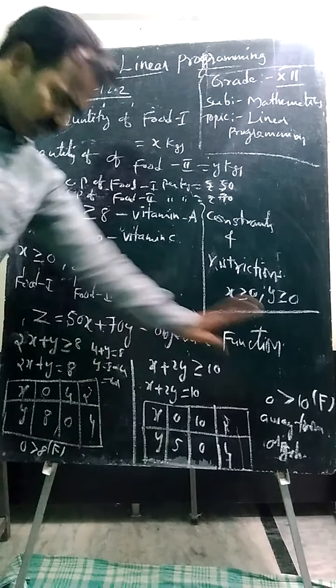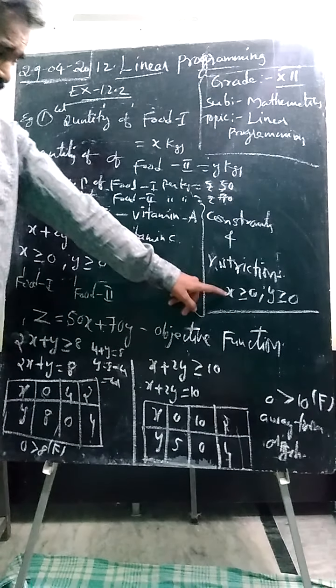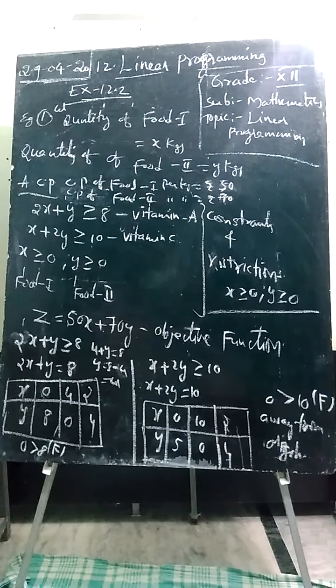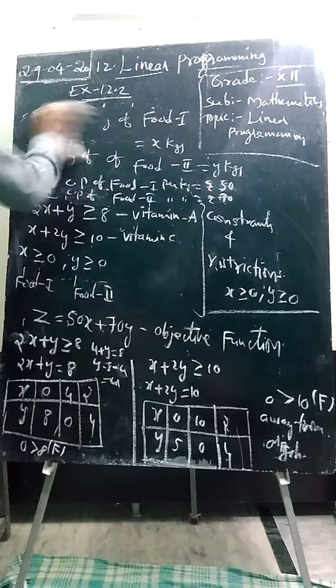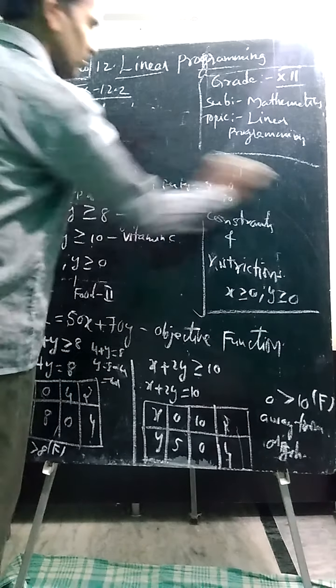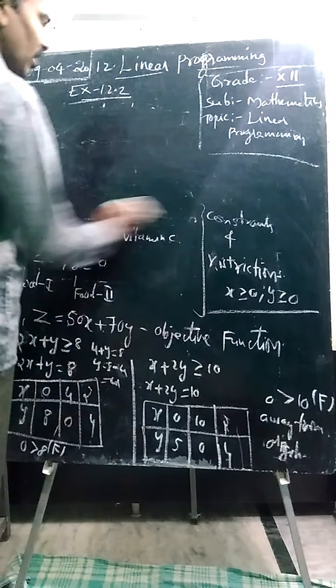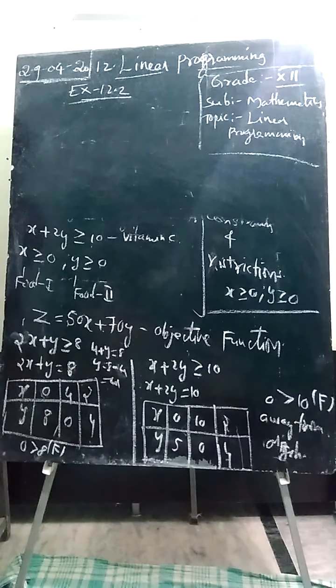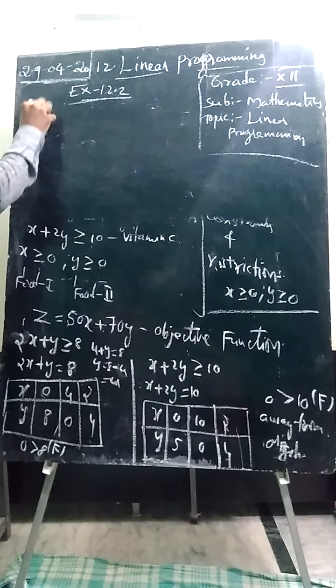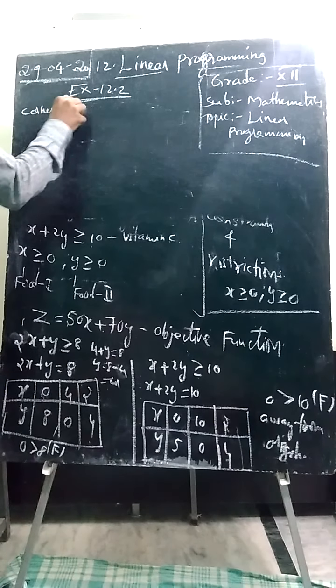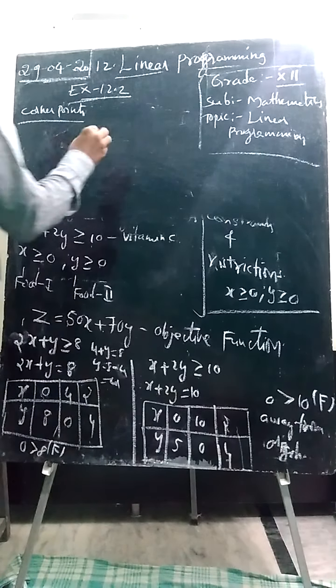We frame these values, and this is the positive x axis, positive y axis. If you represent it graphically, we get the one you were just shown. So you can do it practically, students. Now we find the minimum value to spend to get maximum vitamins. That is why we will take corner points. The feasible region we get is unbounded.